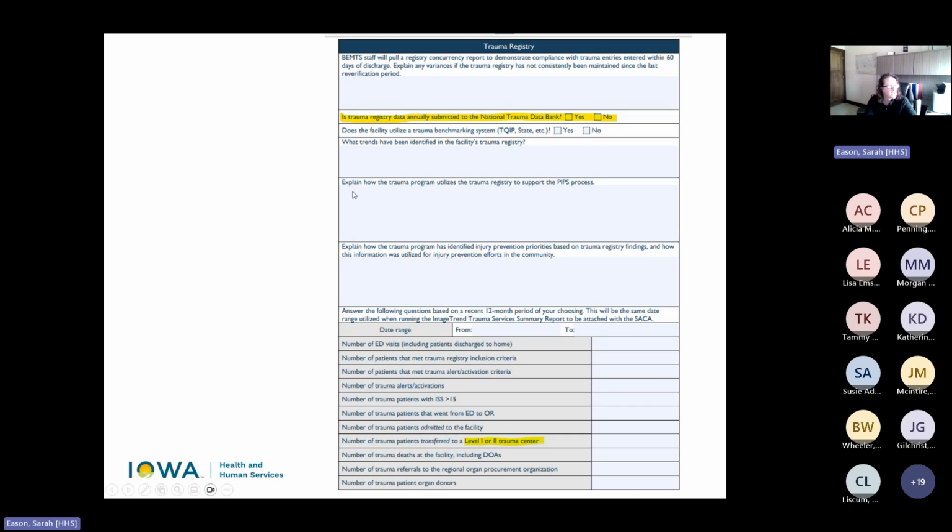The question about how your trauma program utilizes the trauma registry to support PIPs. This can literally be anything that's performance improvement in your trauma program. So kind of on a small scale, you can run a report and Dr. Foss can help you get what you want to get out of ImageTrend. Run a report that shows missing documentation for whatever it is, GCS before discharge, initial GCS. I can't get people to do a temperature on a CPR in progress because they're already dead. Well, that's still required to get that in.